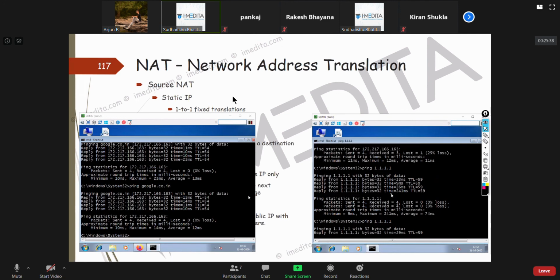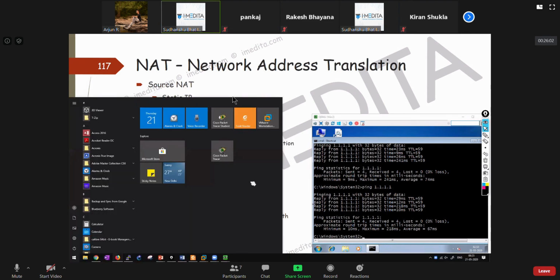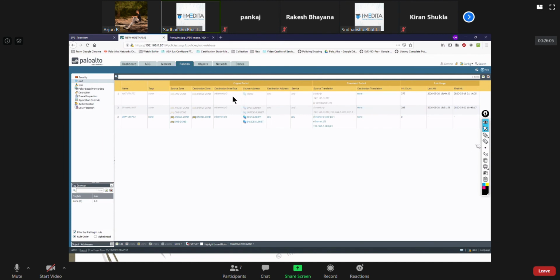We utilize one public IP for many people, right? See, it doesn't matter whether it's before the translation or after the translation. Even if you utilize NAT on a completely different device, you can still utilize Palo Alto's app ID functionality.